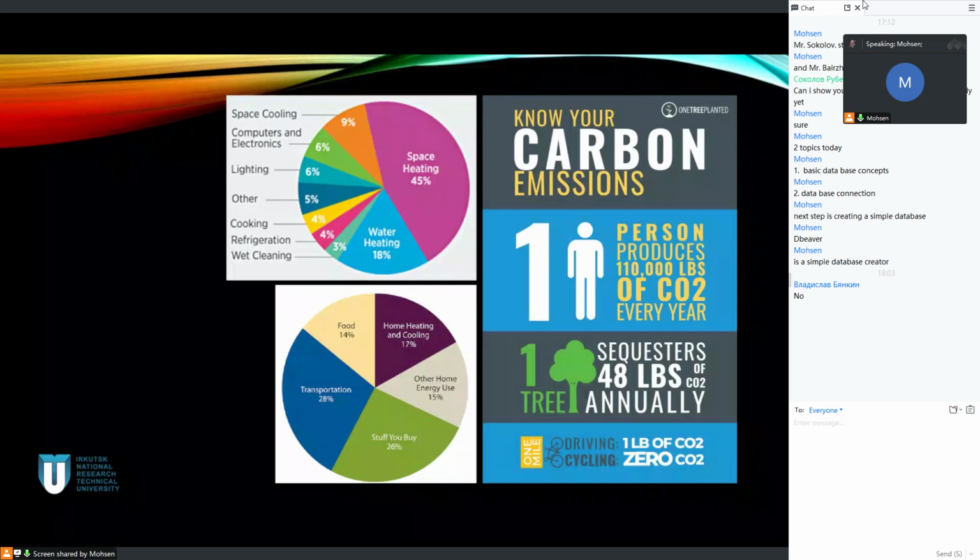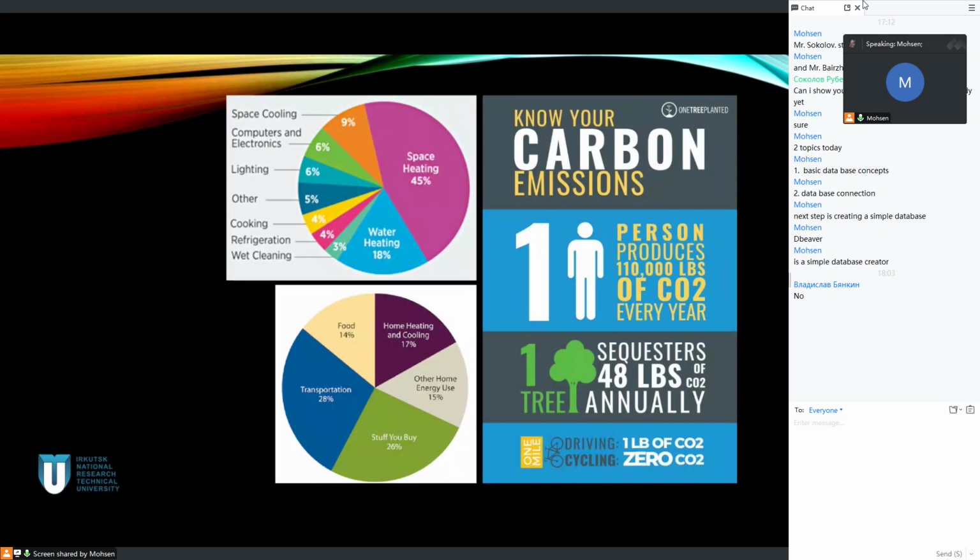This is for example. In different applications and different websites, some organizations provide you with information about the amount of carbon footprint you give to the air by doing different